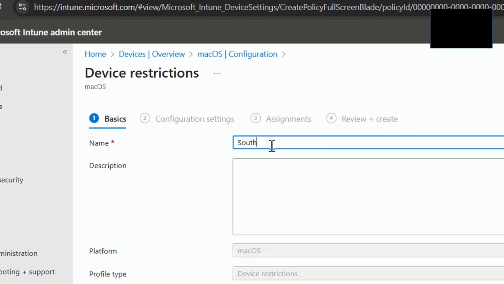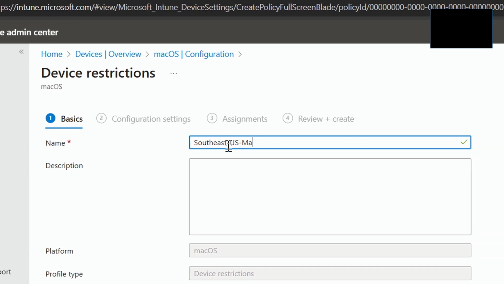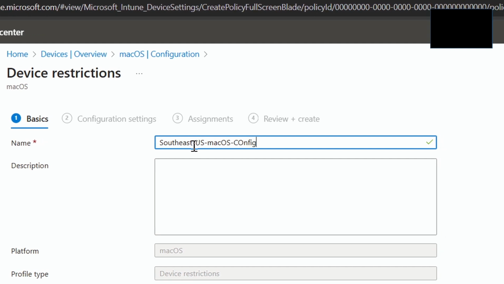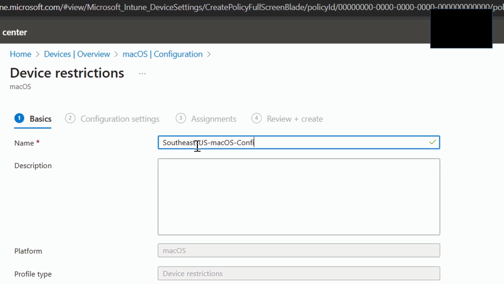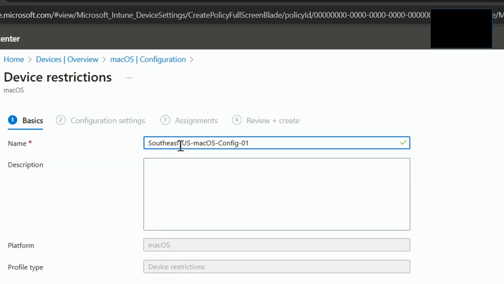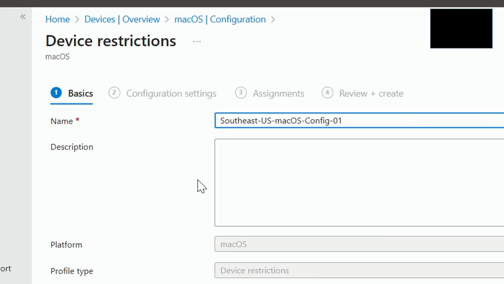So maybe I'm going to call this the Southeast US macOS config. Let's see, I can spell config, I swear. I torture you all with my horrible typing. Config 01, right? Remember, your naming convention is a one-size-fits-you, not a one-size-fits-all, but I would make sure that you